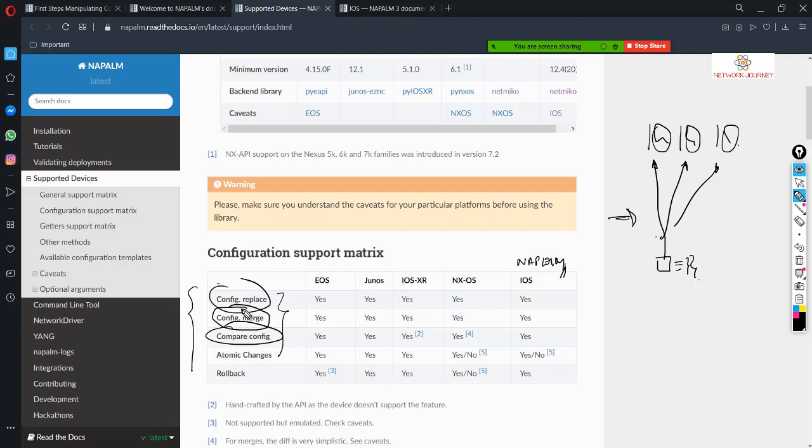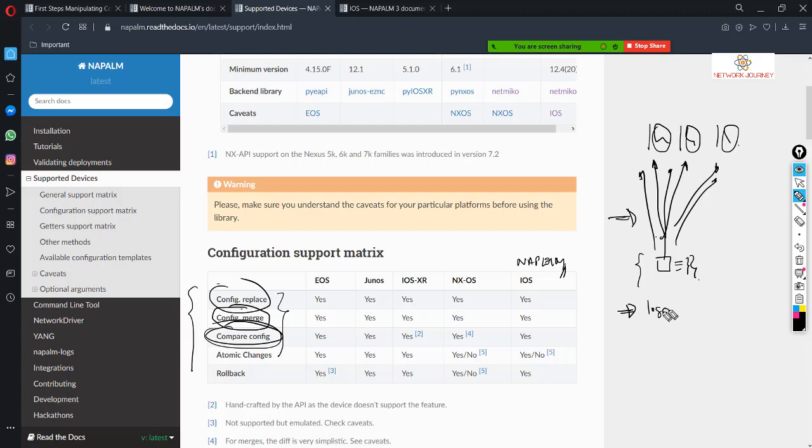Okay, so I can say that these are 4 lines, and I want to push it, or I want to configure them on these boxes. So that's possible. Okay, similar way, I can also compare it. Comparing is something. Let's say you are given a task, but you don't want to commit the change at that moment. You're preparing your change configuration at this moment. So you have to SSH on all the boxes, see the running configuration, and you have to see if you have those additional lines.